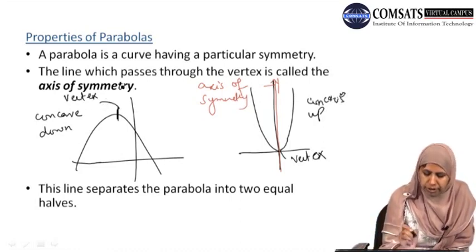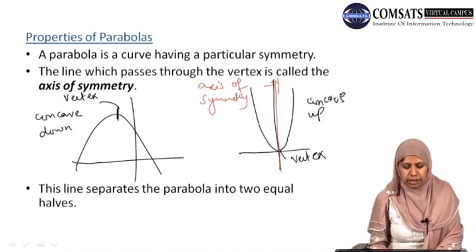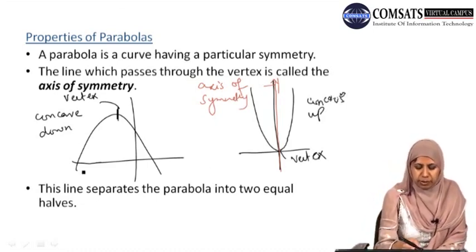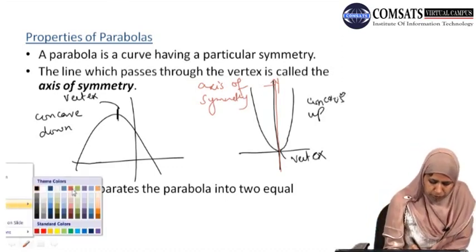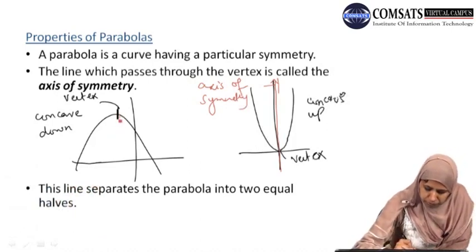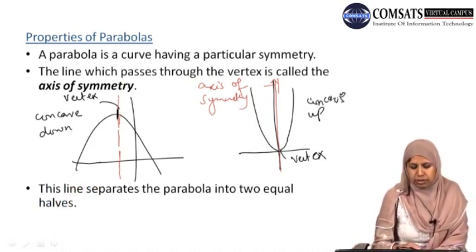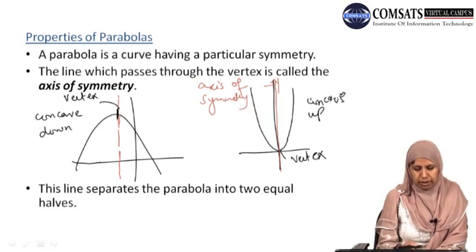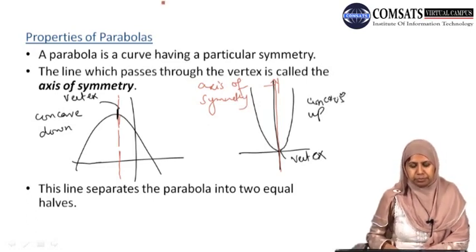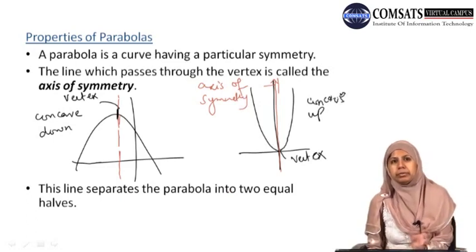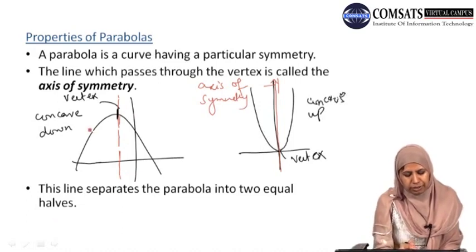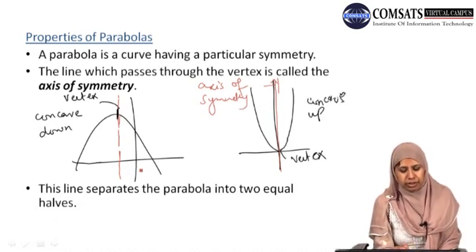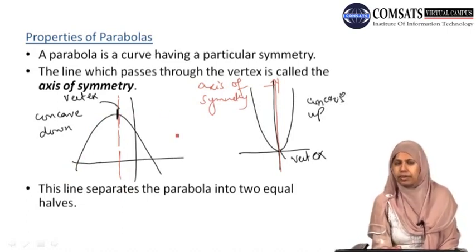Now we are interested in the line which is passing through the vertex, that is, passing through this point, which means that this line is passing through the vertex, and this line is basically giving us the mirror image on both sides. The type of parabola given on the left side of the axis of symmetry is exactly the same on the right side of the